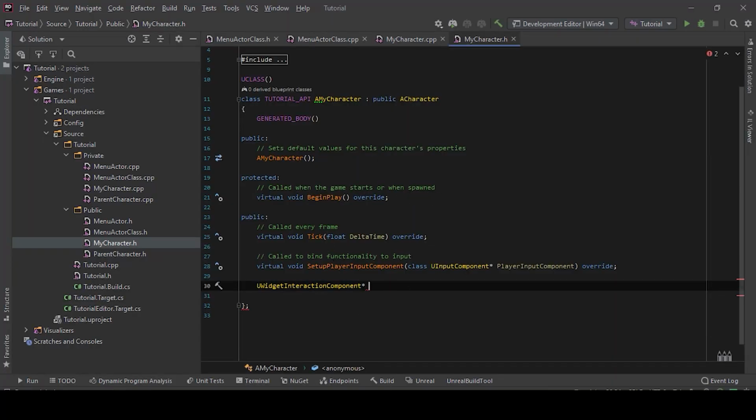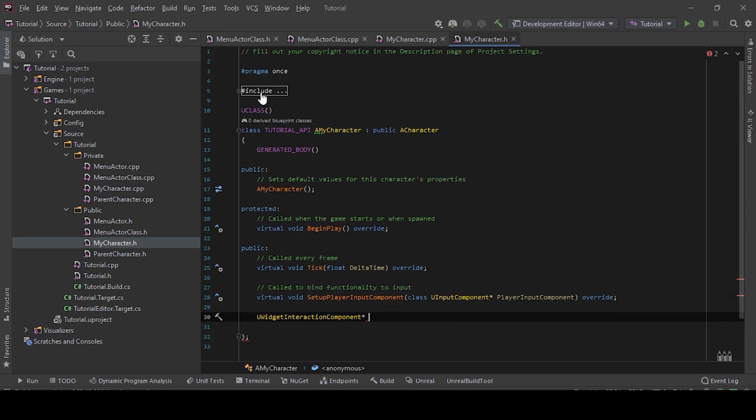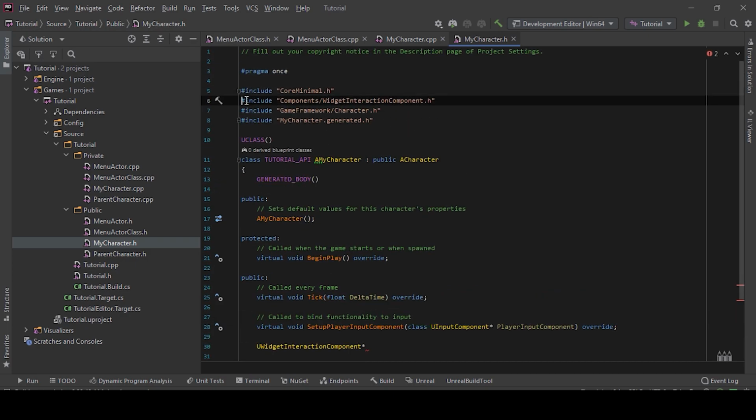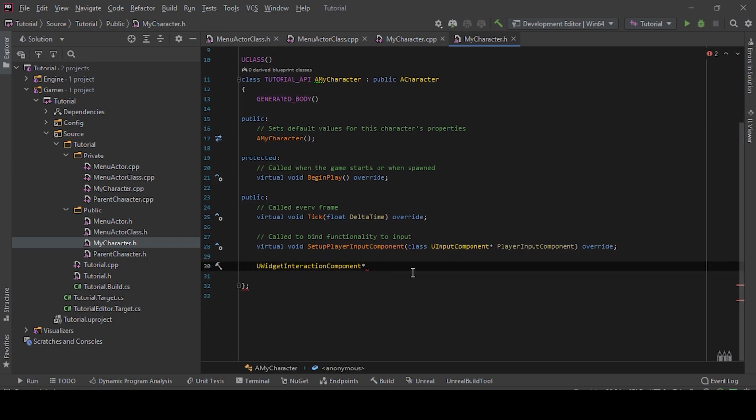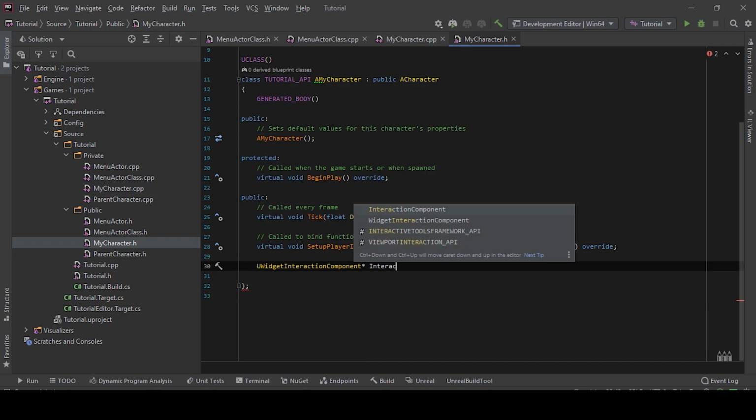So let's go to the file again. It's going to be a pointer. Again, I forgot that you need to include the header file. It's include components slash WidgetInteractionComponent. So we're going to call this InteractionComponent,